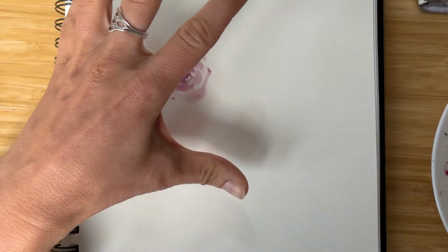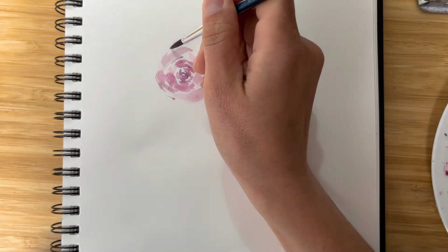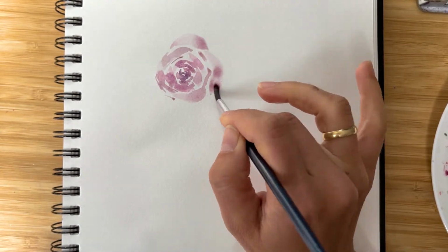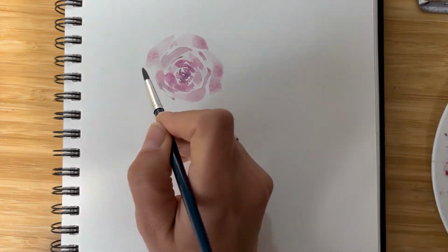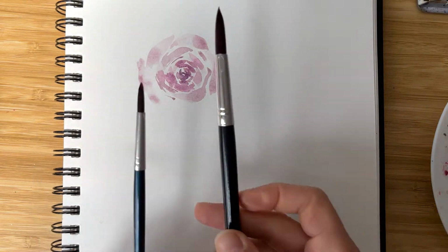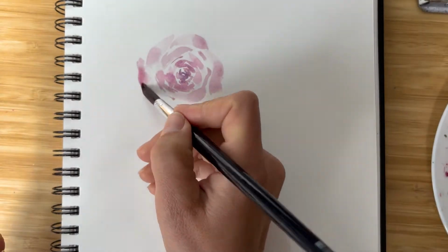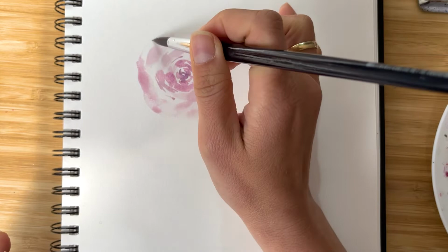And the more we go from the middle, the lighter and thicker become the petals, and it means the strokes become thicker and lighter. I even change into a thicker brush, a bigger brush. It's number 12, and I go around,